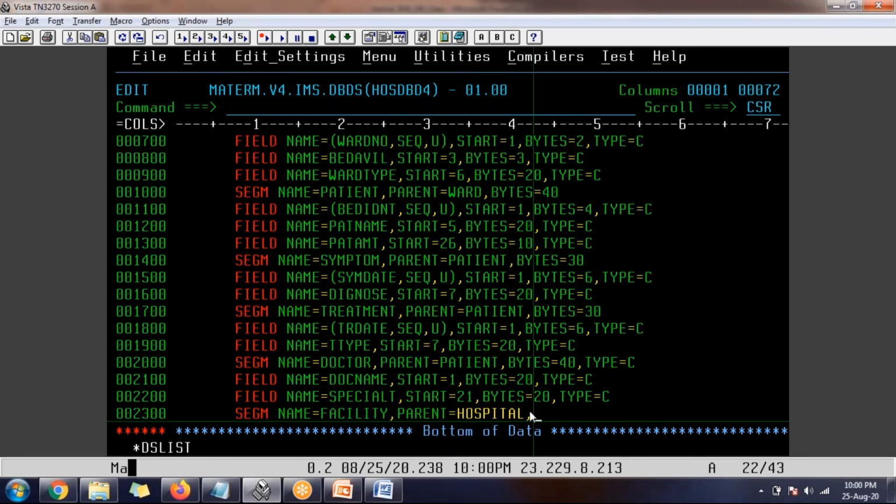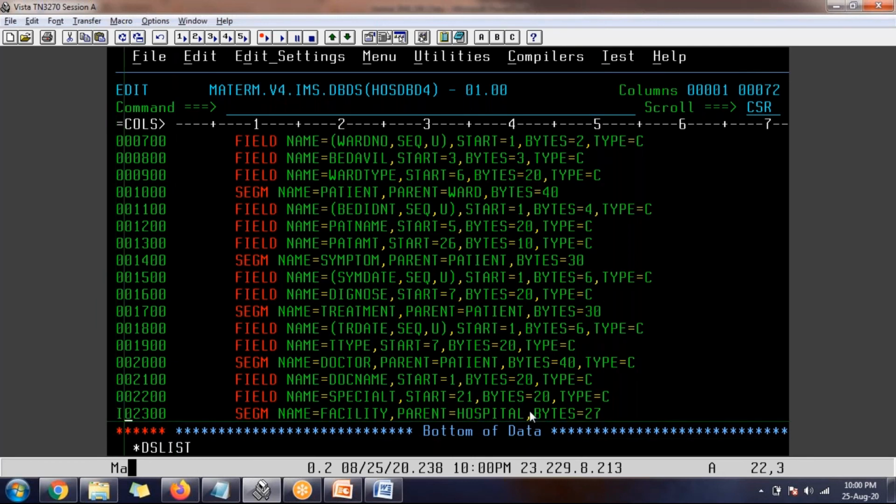For bytes we can give 26. We have two fields in that.